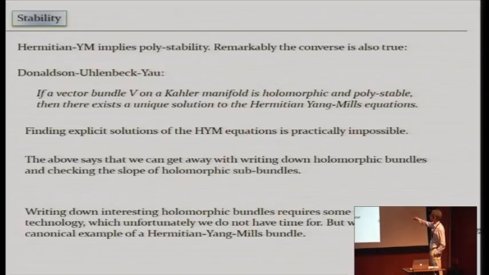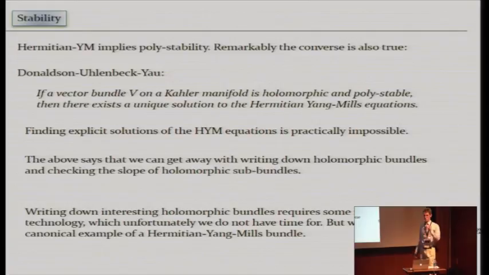The story here is a bit similar to what we saw for Calabi-Yau manifolds. For Calabi-Yau manifolds, we had this complicated differential geometric condition that you want a Ricci-flat metric. It's impossible to write down a Ricci-flat metric in closed form, but we just need to check this topological condition that the first Chern class vanishes, and then there's a theorem of Yau that tells you that if that topological condition is satisfied, there exists a unique Ricci-flat metric on your Calabi-Yau manifold. So this is a little similar in spirit, a little similar in flavor.